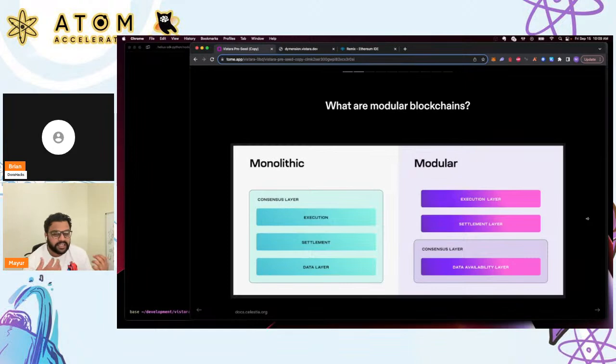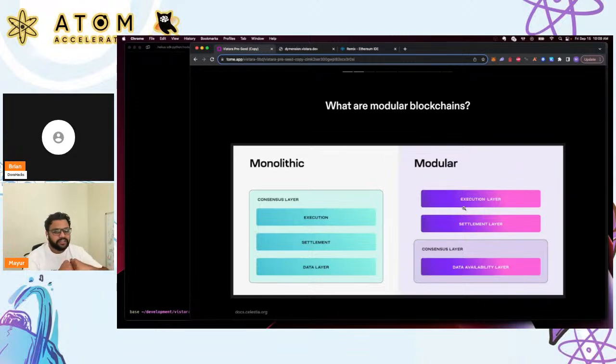In microservices architecture from Web 2, we separate common components into their own service, so each microservice can be developed, tested, deployed, scaled up, scaled down, destroyed on demand. Similarly, we can have modular blockchains where each functionality is separated, and can achieve massive scalability by separating and isolating each of these components.